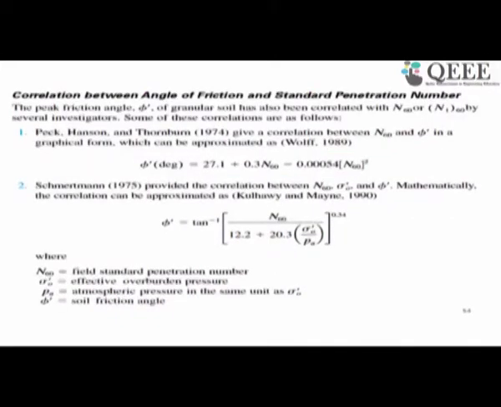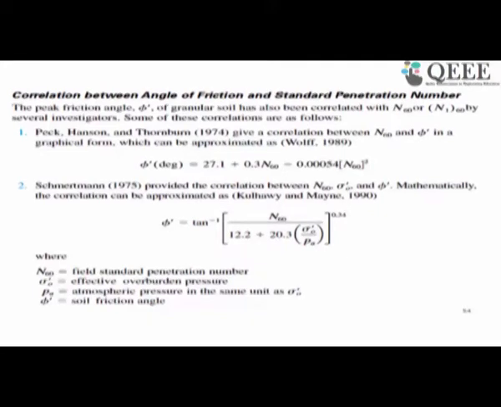Now there are some other correlations by various researchers which can be used to get the phi dash, that is the angle of internal friction. For example, Peck, Hansen and Thornburn can be used to correlate N60 with phi dash. So this equation which is shown here can be used: phi dash equal to 27.1 plus 0.3 N60 minus 0.00054 into N60, whatever you got, squared. Okay. Then we have the Schmertmann